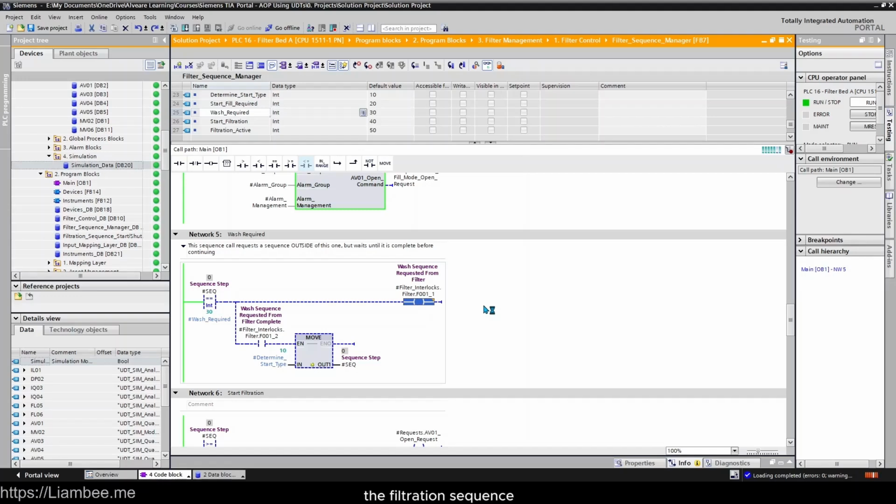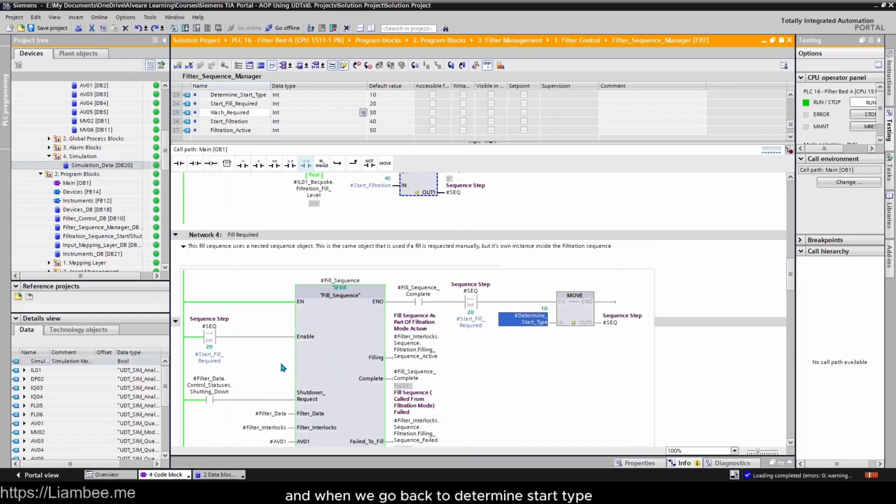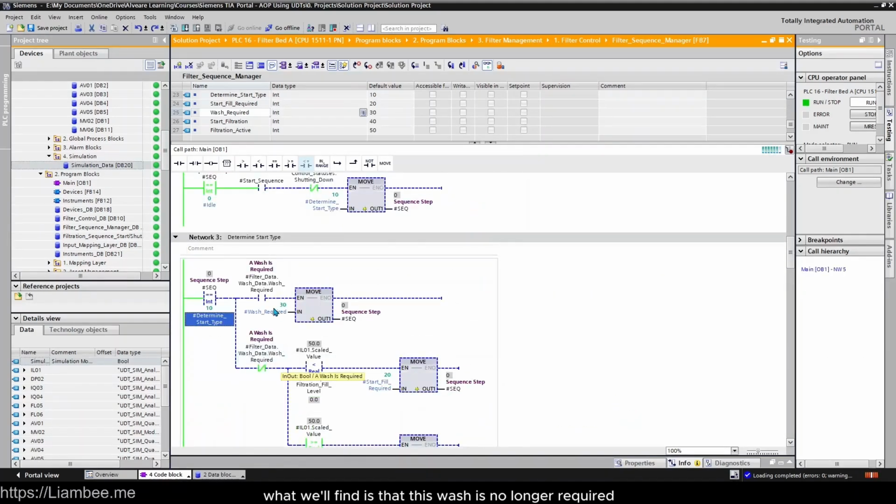because of the filtration sequence, and then at the end of that wash, if it was successful, we can then say wash sequence requested from filter complete. That would turn that on and take us back to our determine start type. And when we go back to determine start type, what we'll find is that this wash is no longer required